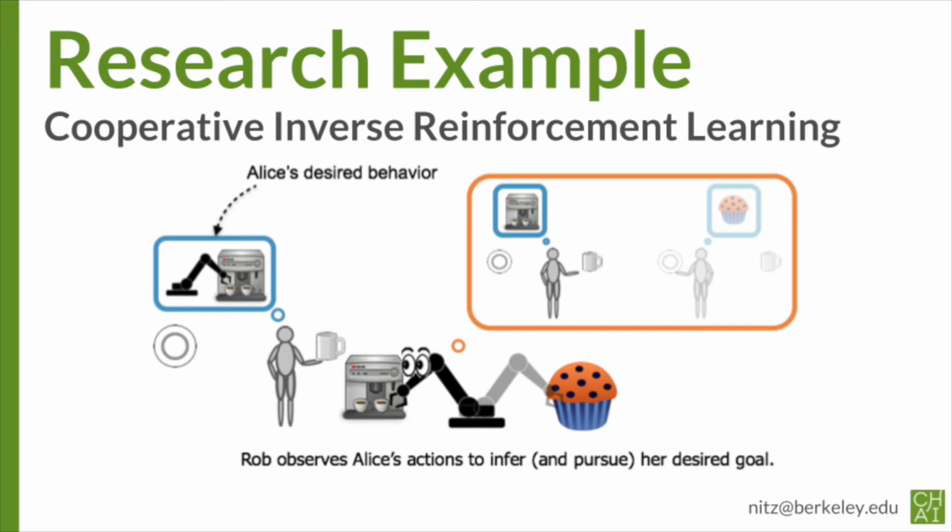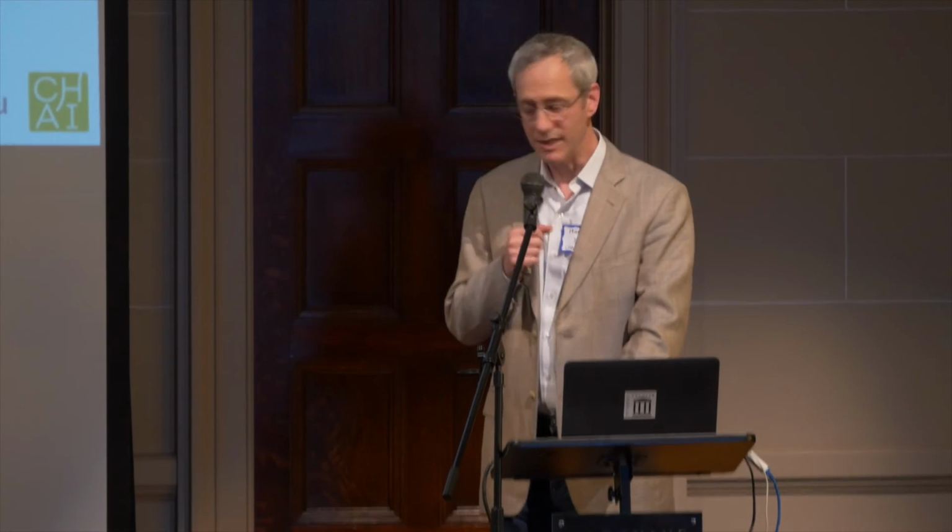And so in cooperative inverse reinforcement learning, the robot can ask questions to Alice about her preferences and about the procedure, and she can act in a way to teach the robot to make coffee by exaggerating difficult steps, which can be a more effective teaching method than simply observing and attempting to copy. And in fact, CHAI's research has shown that demonstration without instruction is actually suboptimal in games such as these. So that's the CIRL, as we call it,